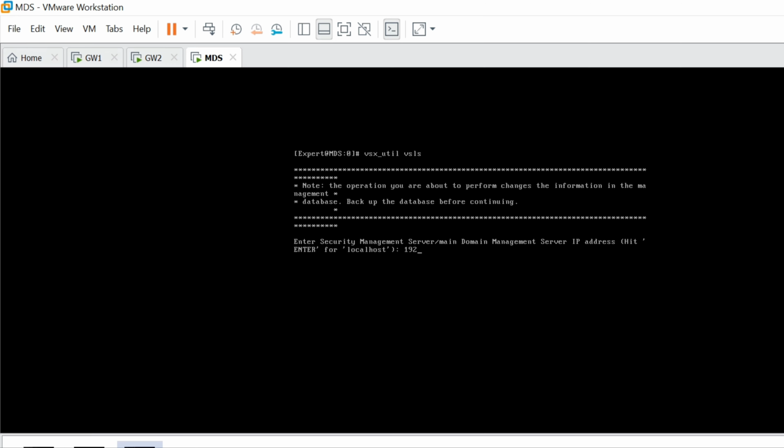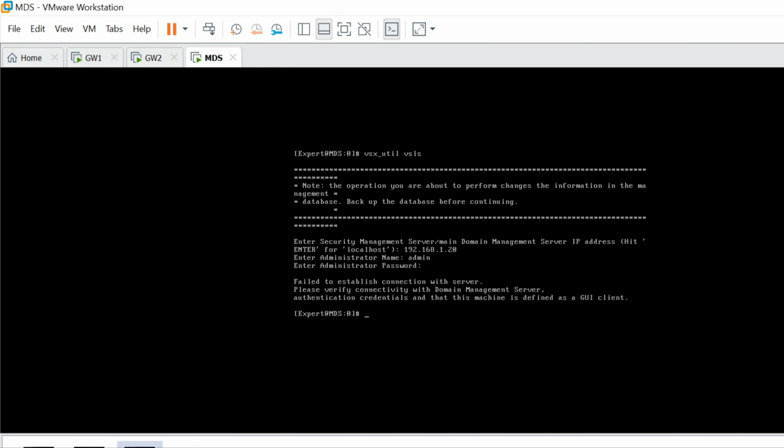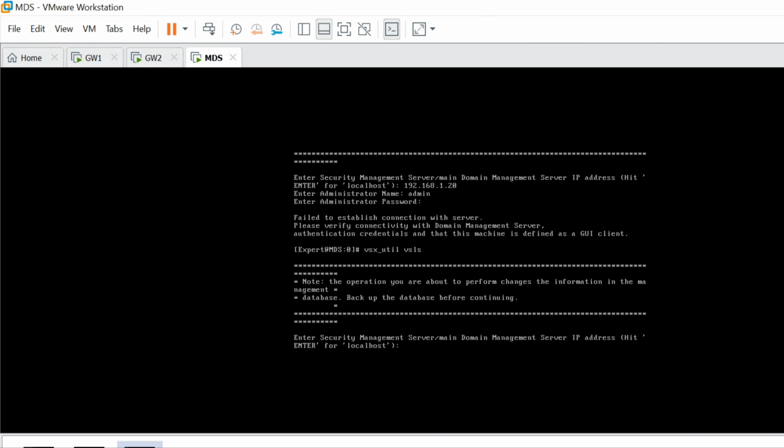Now it will ask you to put your domain IP address. Remember, we need to put a domain IP address, not the MDS IP address here. So it's 192.168.1.20. Enter your SmartConsole username and password. Okay, it's the variable, right? So I think I need to rerun the command.